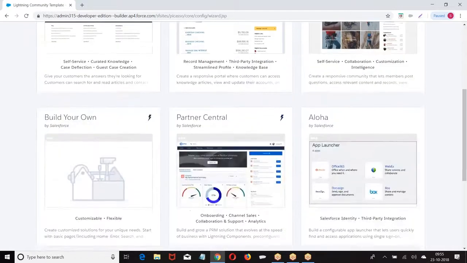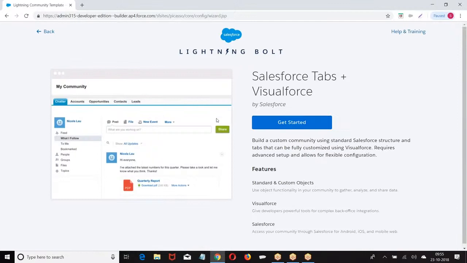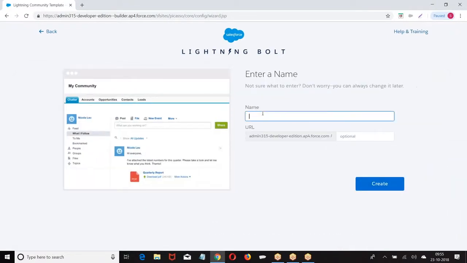Then choose the template. Get started. So we have chosen the template.